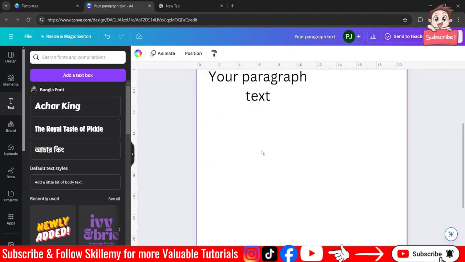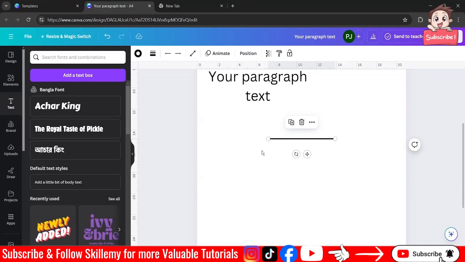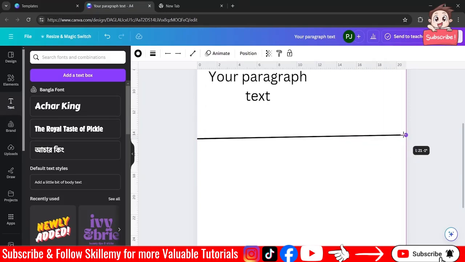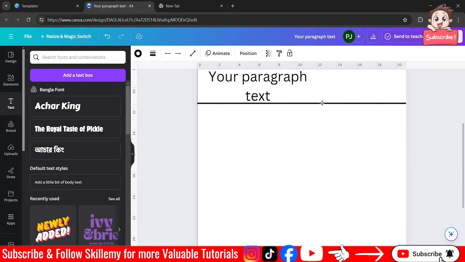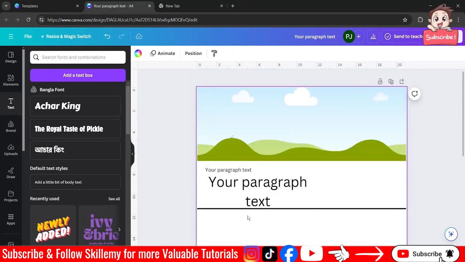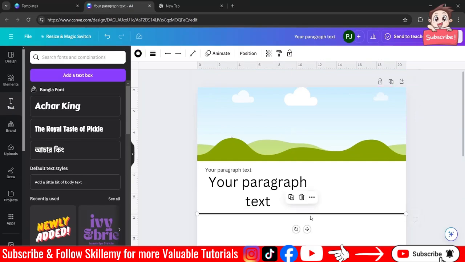Let's press L. If I press L, it will give me a line over here. So let's take the line. This line will separate this particular section from this one. We'll place it over here.